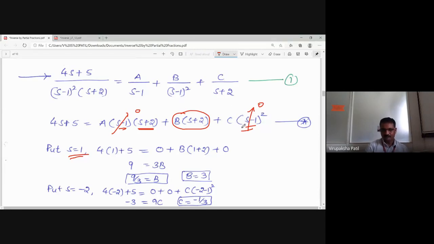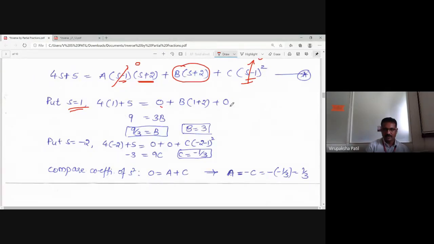Is that clear? Okay. Now what happens? So this term will directly be 0. It becomes 3b. So 5 plus 4, 4 into 1 is 4, 5 plus 4 is 9. It becomes 9 is equal to 3b. We don't want the 3b value here. Therefore, b is equal to 9 divided by 3. 3 ones are 3, 3 threes are 9. You will get this b value as 3.